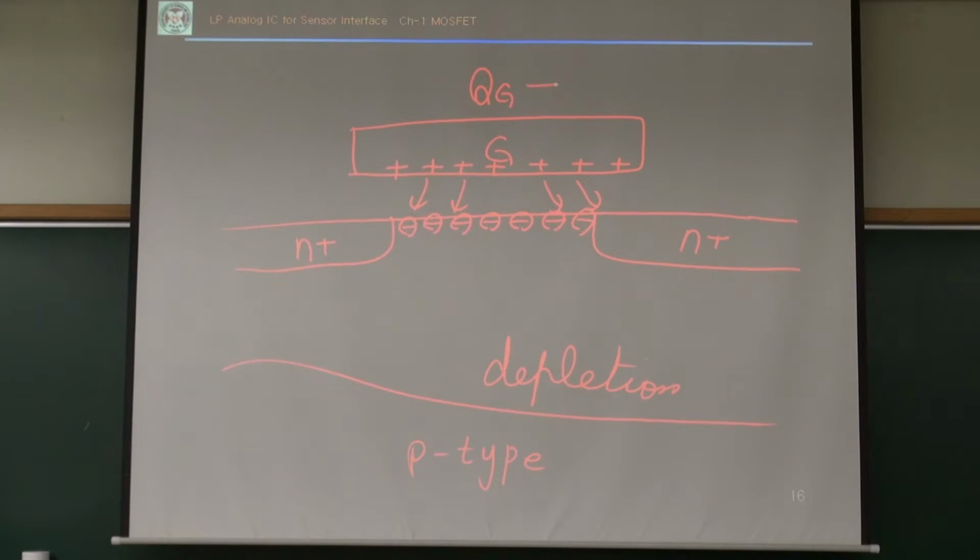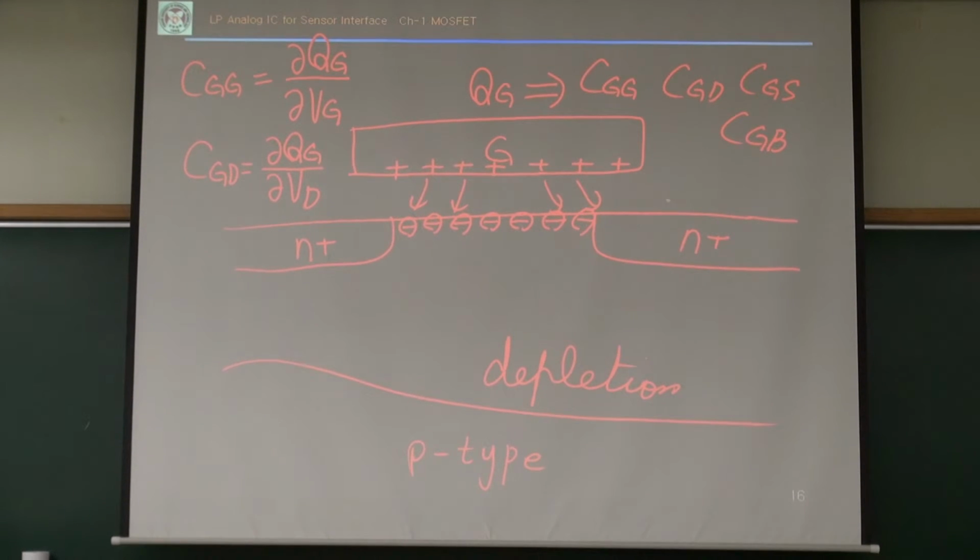Yeah, this gate charge generates a capacitance, right? CGG, CGD, CGS, CGB, something like that. Okay. Yeah, this CGG is just change of gate charge with respect to change of gate voltage. You know? CGD is change of gate charge with respect to drain voltage. Okay? Something like that. So when VDS equals 0,